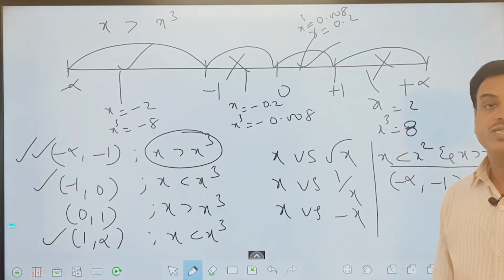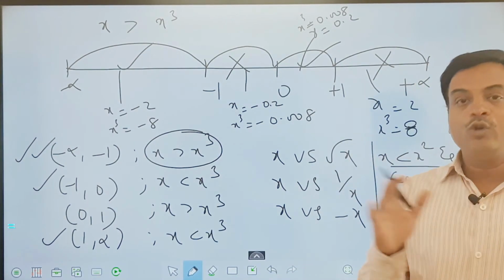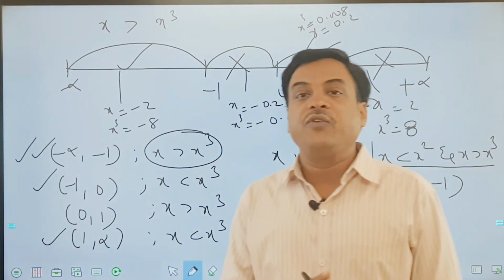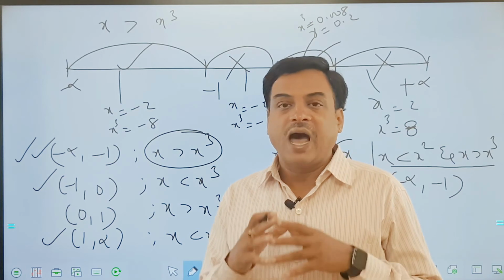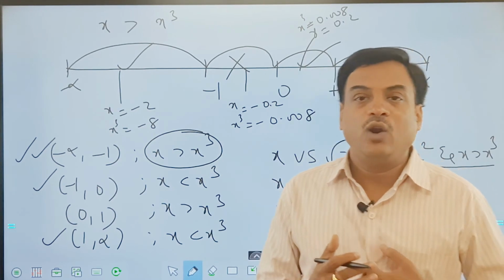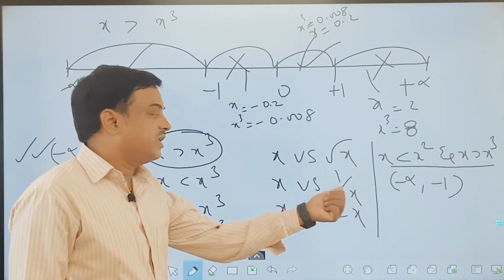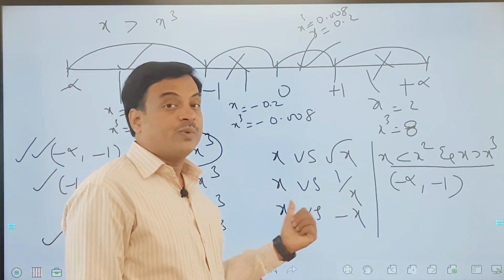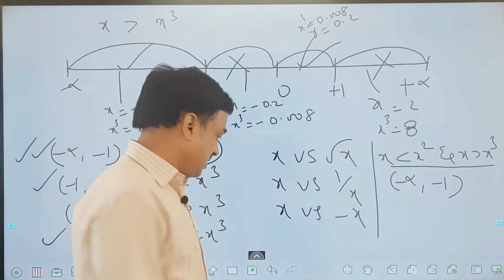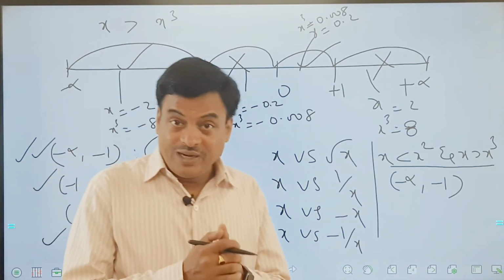So such multiple-condition questions are also possible in inequalities. And I tell you, friends, the more you practice, the more evaluations you can make, and your learning will be self-learning, not dependent, because I or any other faculty may not be able to show or share with you a lot of the conditions which are possible here. You need to make some trials, like I did x versus 1 by x, the reciprocal. You can also take x versus 1 by x square. You can also add 1 versus 1 minus 1 by x. x versus minus 1 by x can also be added. Which is very important.